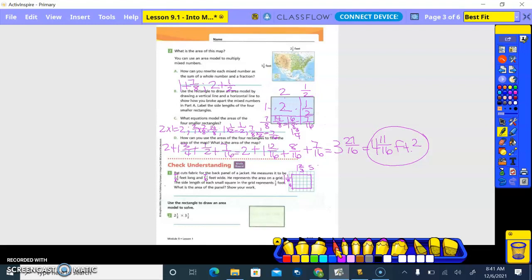Well, you'd have to take 1/3 times 1/3 for each box, right? Which equals 1/9. And then there's how many of those little boxes? 20. So it'd be 20/9, which equals 2 2/9. But you could also have done it this way and done the 4/3